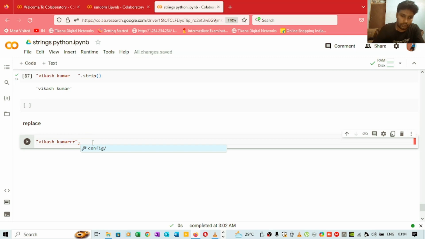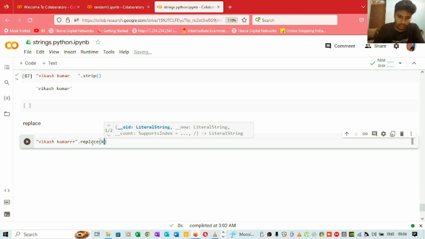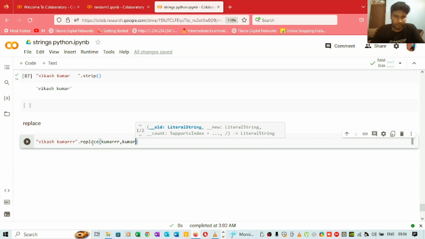So what we will do here is use replace, and we will replace this Kumarrr with Kumar. And now if we try to print,